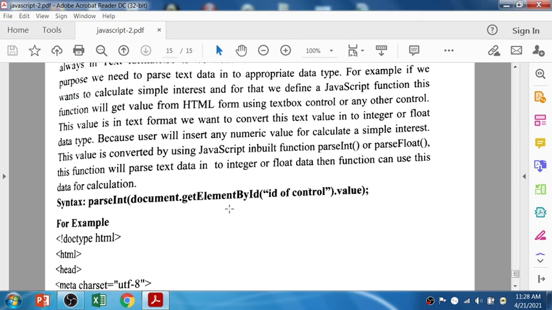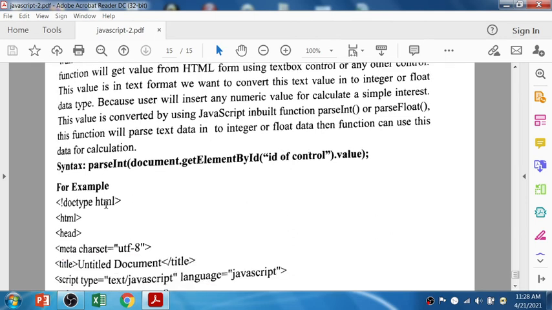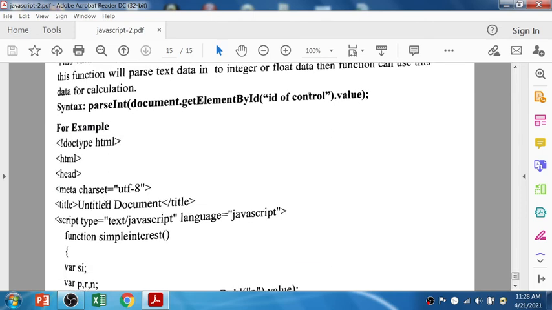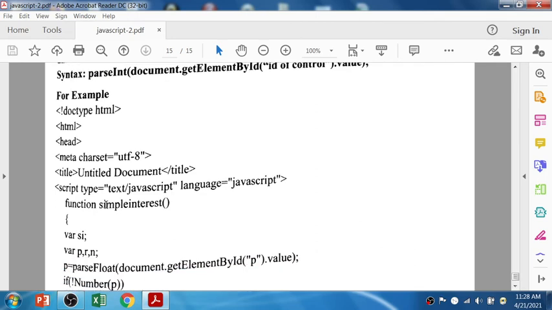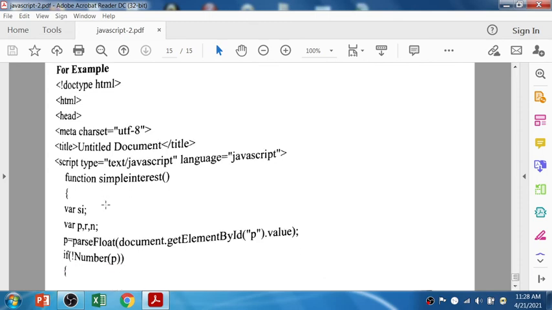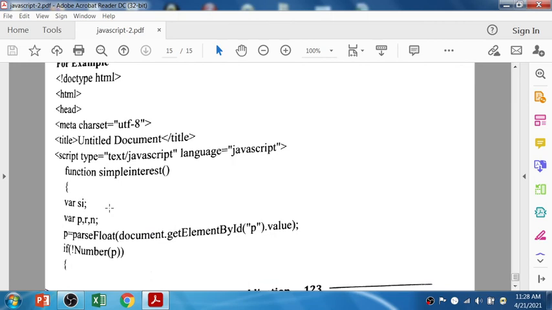So document dot getElementById of the control value converts it into an integer. And this parseInt function you have already learned, because I have also discussed it in earlier videos and programs, and even in today's video. But here parseFloat is there. So in parseInt the I is capital, in parseFloat the F is capital.